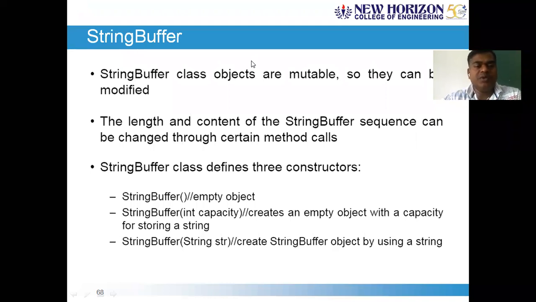The major difference between string and string buffer is that once a string gets created, we cannot make changes to the existing string. What we can do is take a copy of the existing string, add something to it and make a new string, and reassign it to the same variable. So that is how you are managing the modification or manipulation of strings.